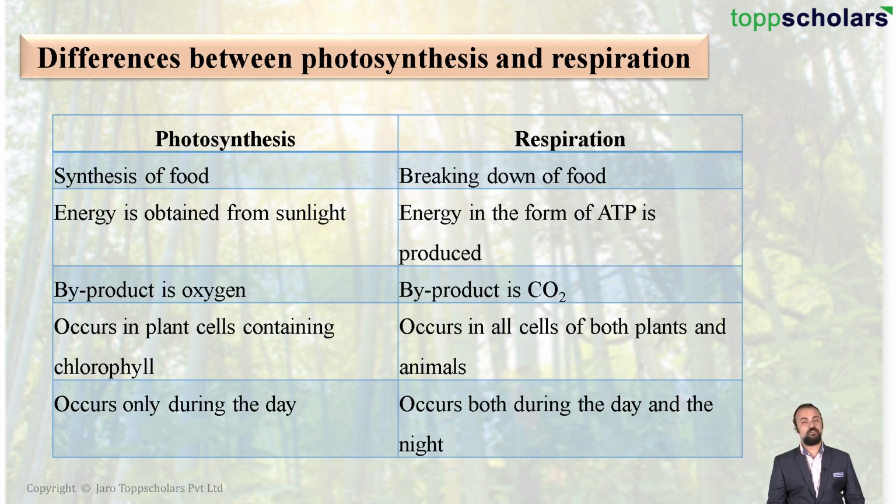ATP, is produced. Byproduct of photosynthesis is oxygen, whereas the byproduct of respiration is carbon dioxide. Photosynthesis occurs in plant cells which contain chlorophyll. Students, we all know that respiration occurs in both plant as well as animal cells. And finally students, photosynthesis occurs only during the day, whereas respiration can occur during the day as well